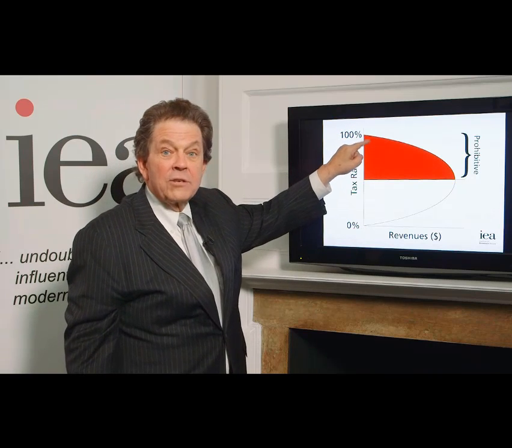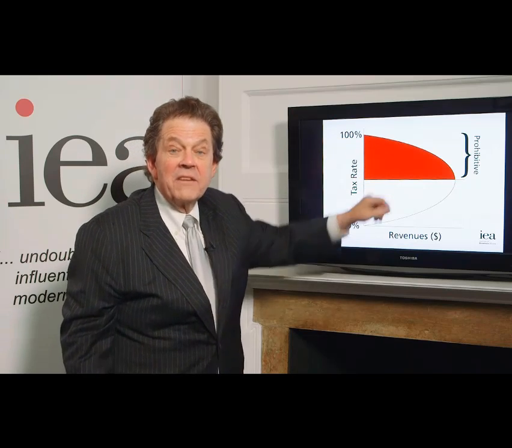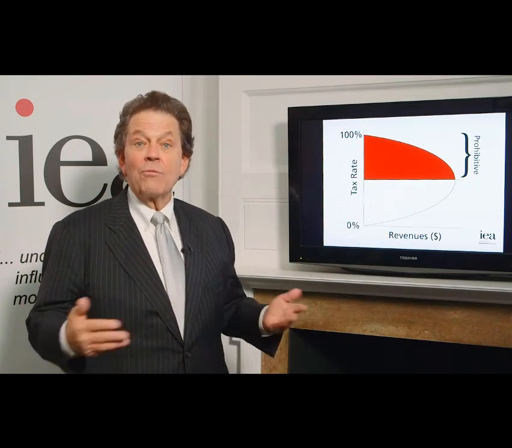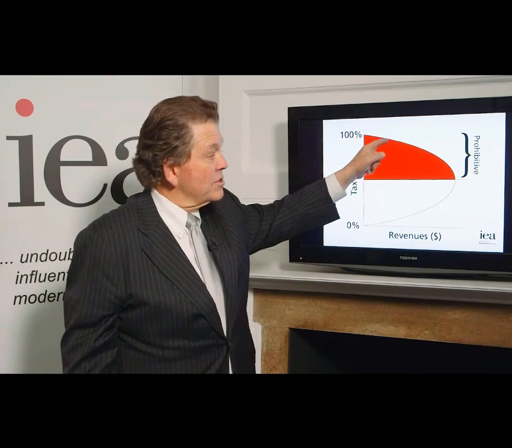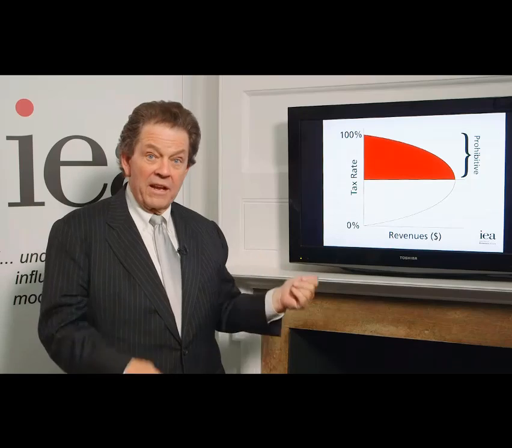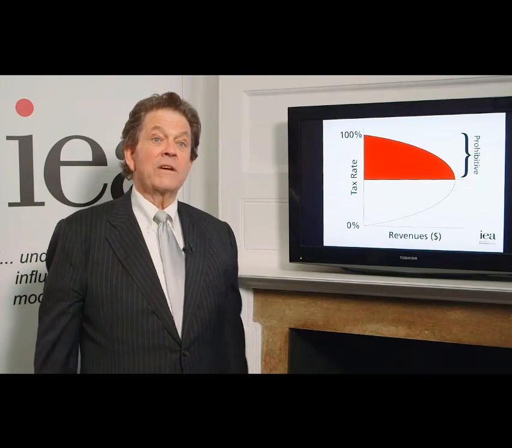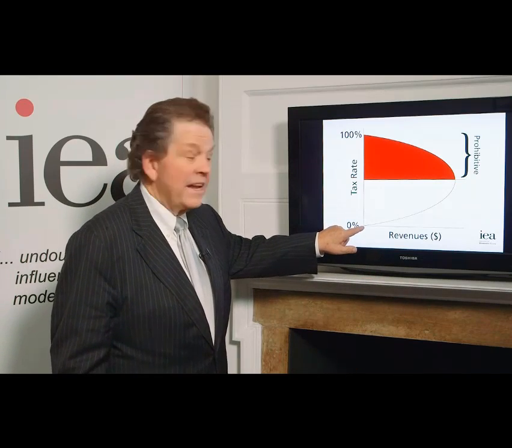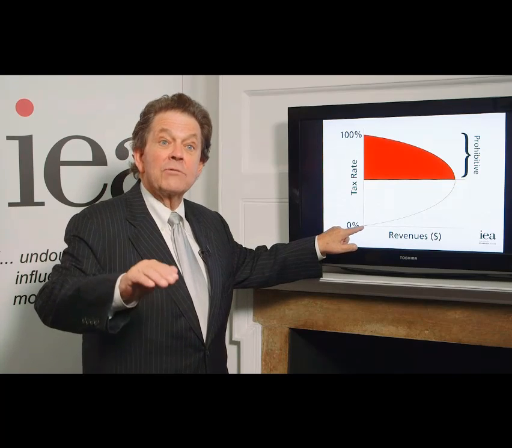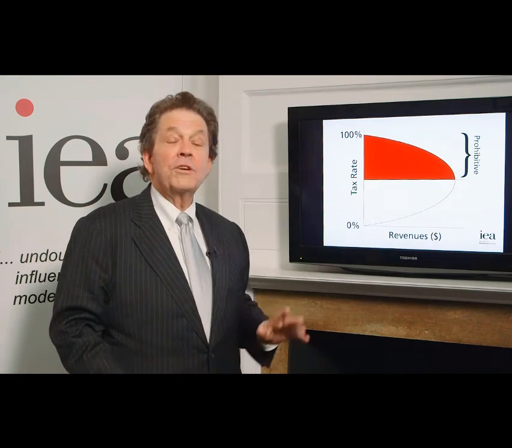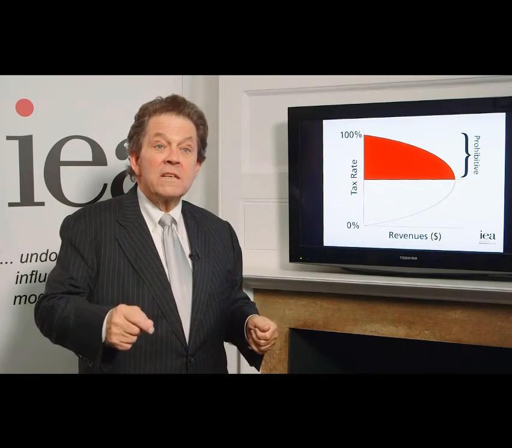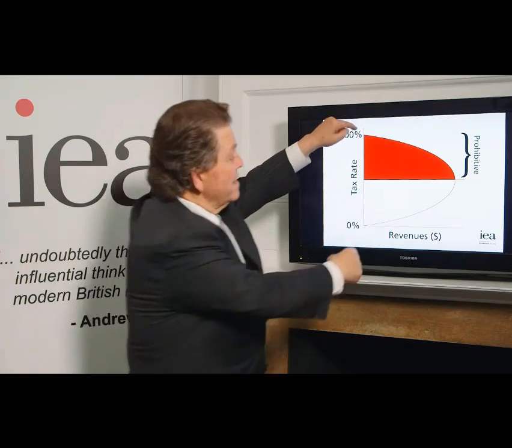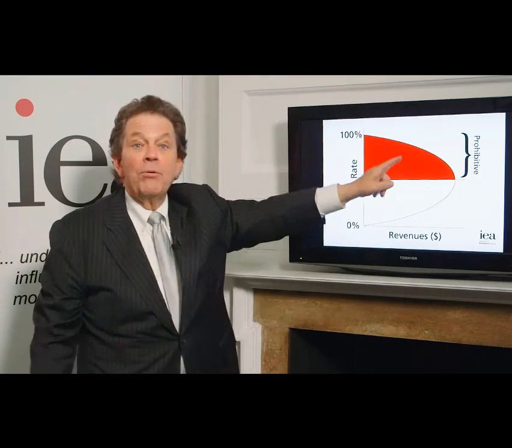Now, as you start lowering tax rates to 99, to 98, to 97, somewhere along the line, all of a sudden, you're going to find it worthwhile to start working, and you're going to see revenues starting to rise. The other point of the Laffer curve that's fixed is at zero tax rates. At zero tax rates, if there are no taxes, of course the government's not going to collect any revenues. We're going to have a lot of output, employment, and production, but there'll be no revenues, and that's this point down here. And again, as they start raising tax rates, you're going to find the revenues are going to increase, but they will increase at slower and slower rates. And these two curves will come to a point, the maximum point out here.